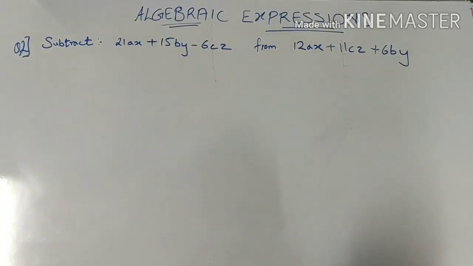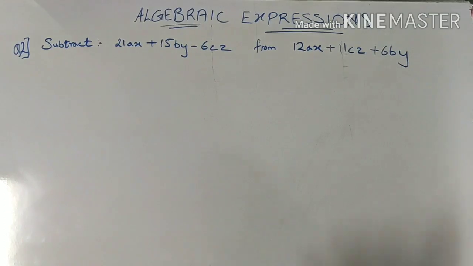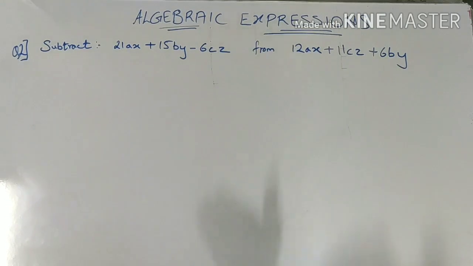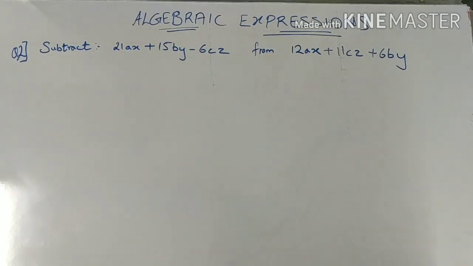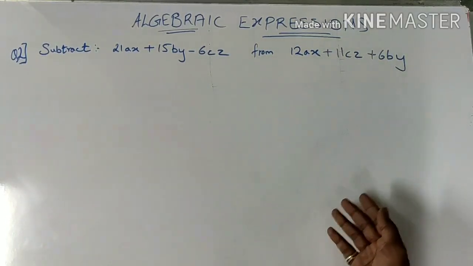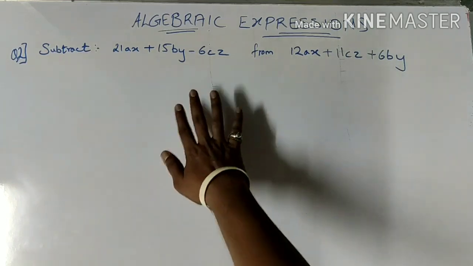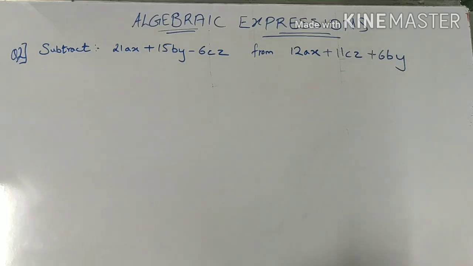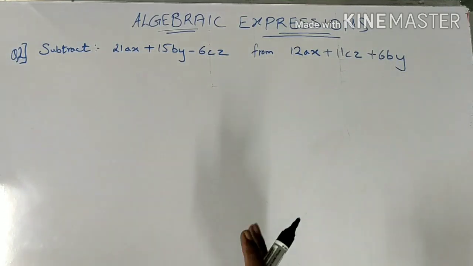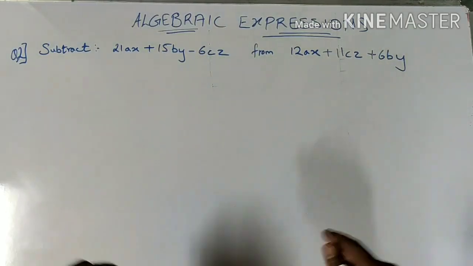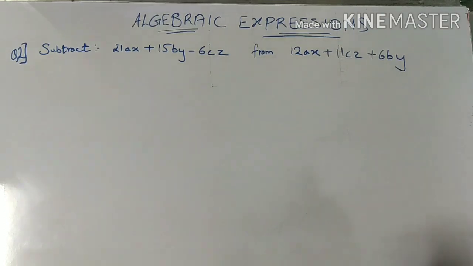Now let's solve one example of subtraction. Here in the statement it is written, subtract this expression from this expression. That means, as we have discussed in the previous part of the video, subtracting 3 apples from 5 apples means 5 minus 3, the second term minus first term, or second expression minus first expression. We'll solve this sum also by two methods, one vertical and the other horizontal. Just to understand, I'll first solve horizontal in this sum.